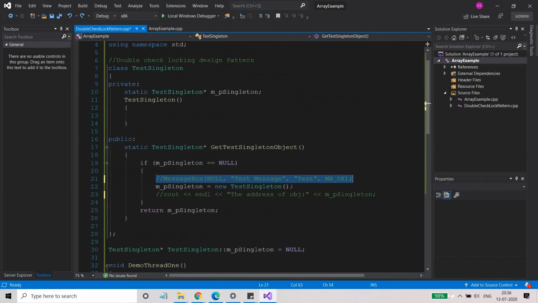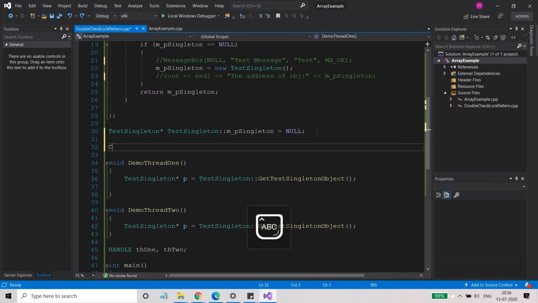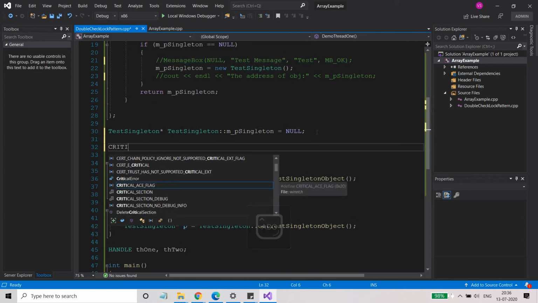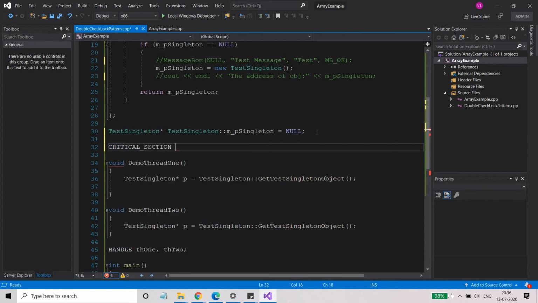So what we can do now is create a critical section object. Here you need to write critical section asterisk, sorry, it's MCS1, and you can just use this.